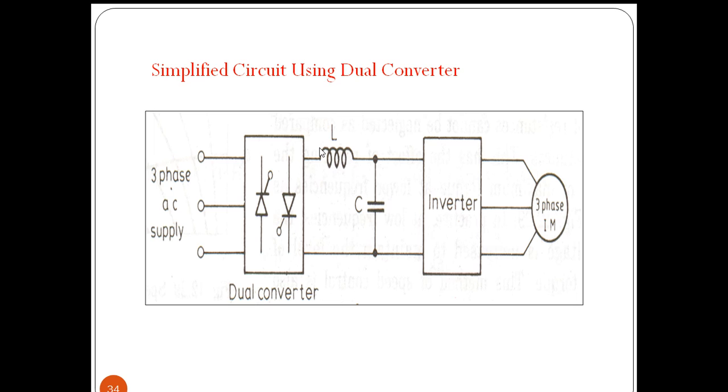circuit. The filter circuit will remove any components which are present in AC, and again it will be connected to inverter circuit. Inverter will convert the DC into AC, and this AC will be given as input to three-phase induction motor. This is how the voltage control process will be done by using converter inverter assembly to an induction motor.